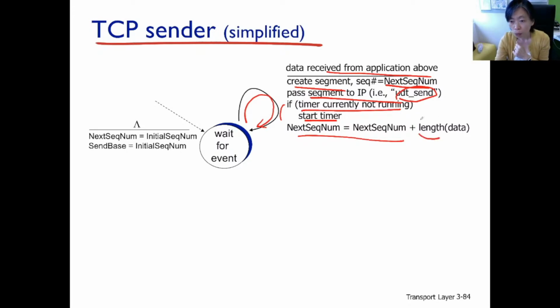But in TCP, we are not counting packets. If we were counting packets, we would add the sequence number by one per packet. But here, we are counting the bytes. So we are adding the number of bytes of data in the packet we're sending out. Now, you see here, I'm trying to be a bit lazy. I did not do the window size check. But in the TCP sender, there's also a window size. So there should be an if condition here before creating the packet to check whether the next sequence number is still within the window limit, of course.